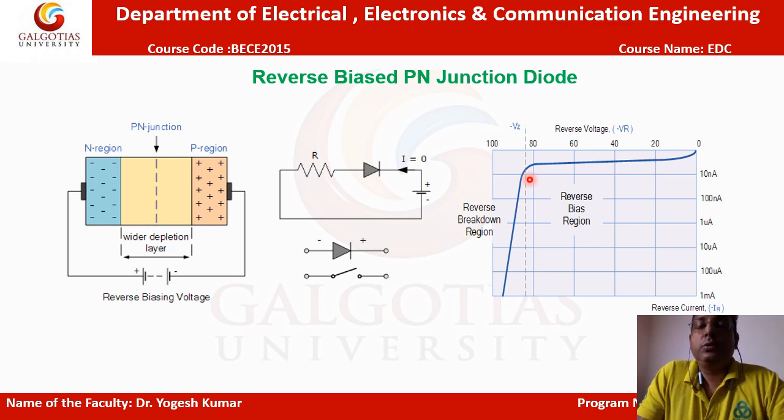Heat is produced due to two things: one is the collision, and the other is the movement of the charge carriers. Sometimes it is so violent that it burns out the junction. The junction is totally burned out, so we will get a large amount of current. In this fashion, it is called the reverse bias junction diode.